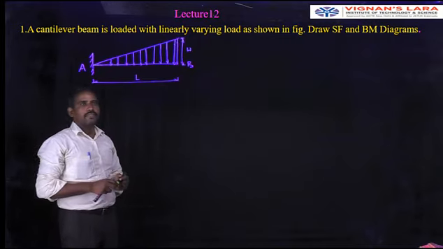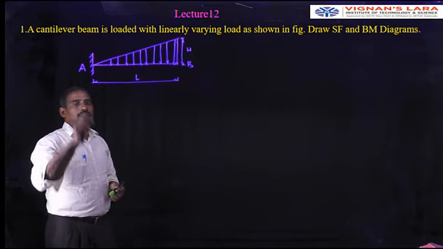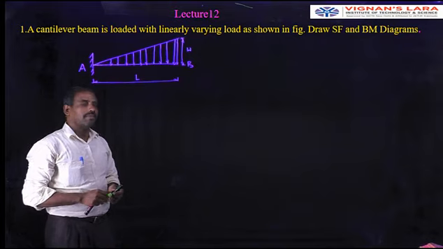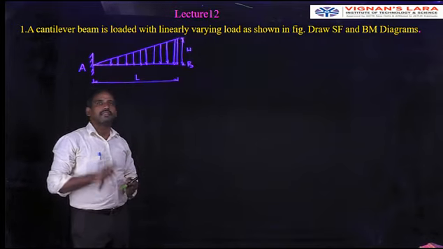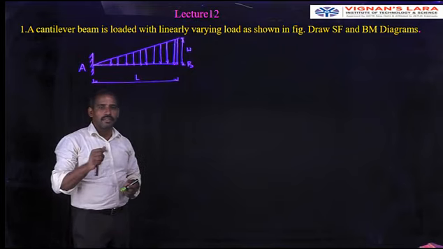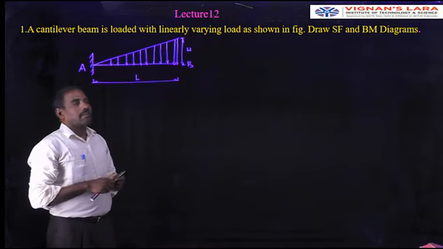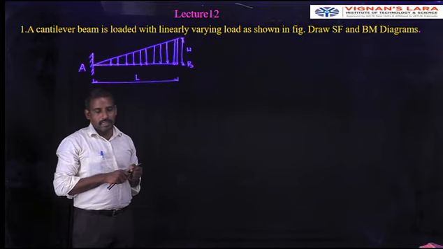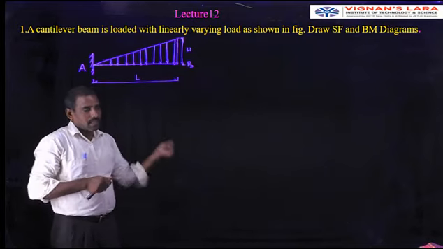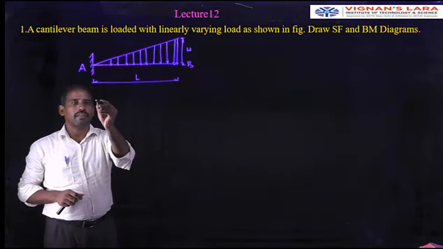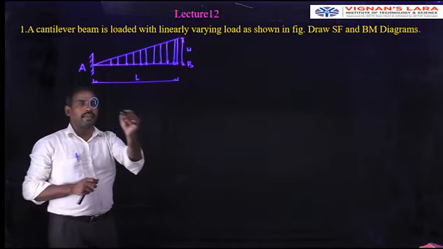The only difference between the previous lecture and today's lecture is that the load at the free end is not the same in both cases. In the previous lecture, at the free end, the load is 0. Here, the load is W per meter length at the free end. The rest of the things are the same. Initially, it is completed in 3 steps. In the first step, we just have to calculate the rate of loading or intensity of loading.